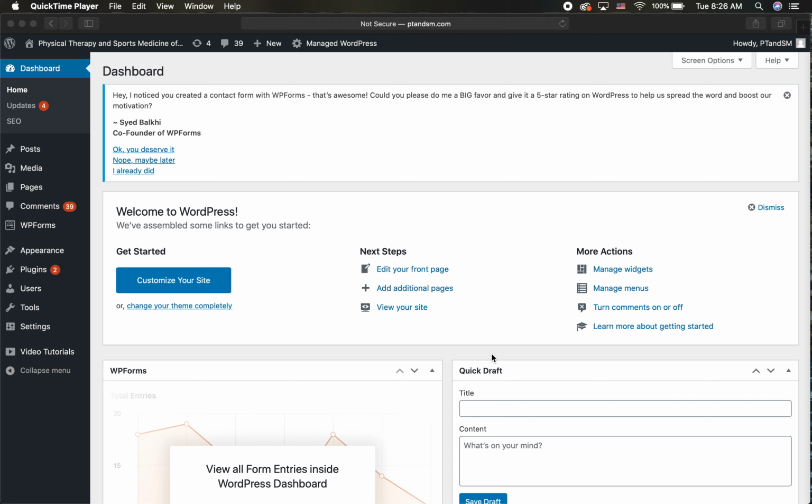Another option is Google Sites, and so I'll kind of go over how you do that as well. Some people like to use Wix.com, and really there's a lot of different ones out there, but probably WordPress gives you the most flexibility as far as templates and designs and customizing things. So I'm going to start with WordPress, and I'll show you how I have one of the sites set up